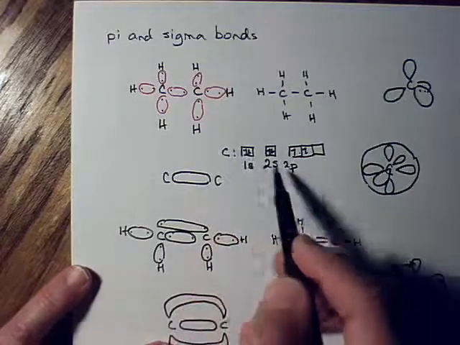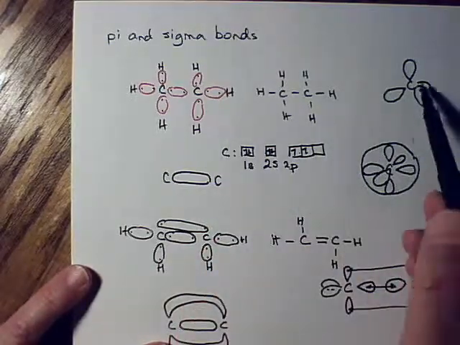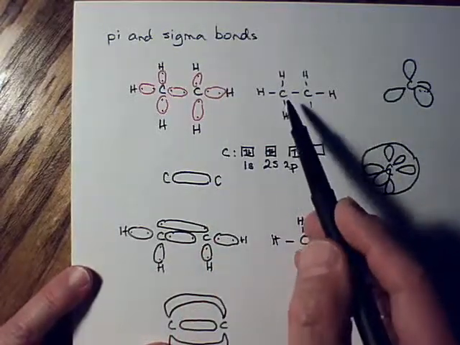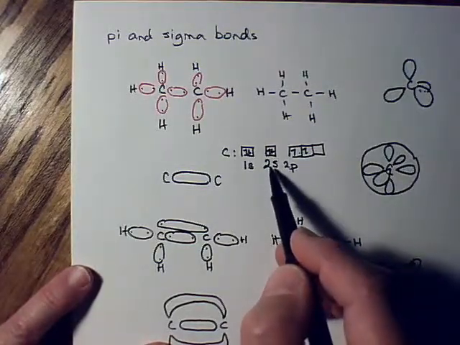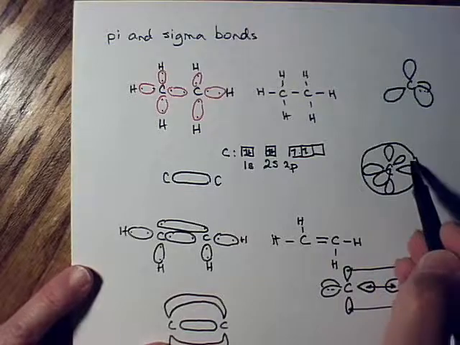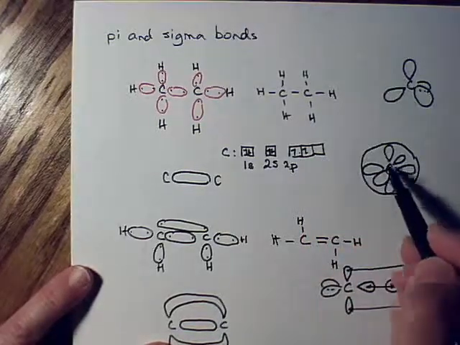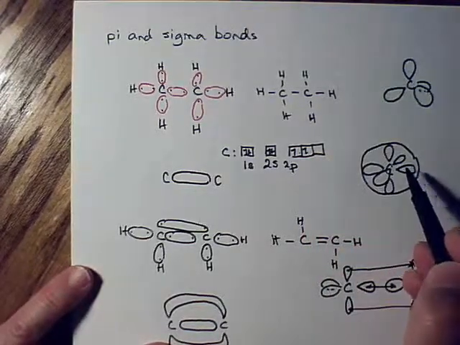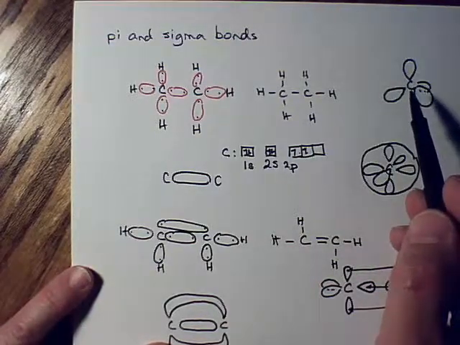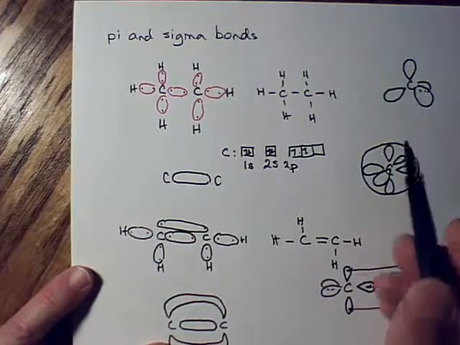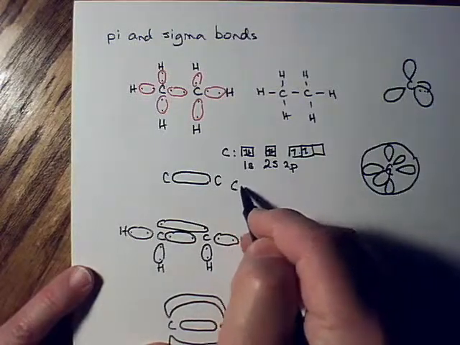Now, if we're going to hybridize this into this sort of shape to make all these sigma bonds, then what I have to do is change the s, which is this sphere shape here, and these 3 p orbitals, which are these double balloon shapes. Okay, I've got to change that into this sort of shape. It's a hybridized set of orbitals. So the actual shape is this, and the way you might show that using orbital notation,